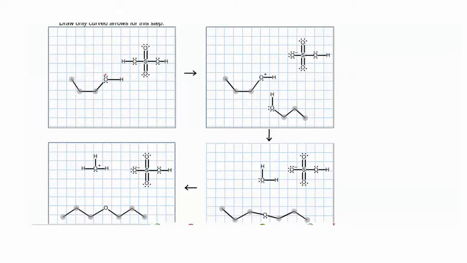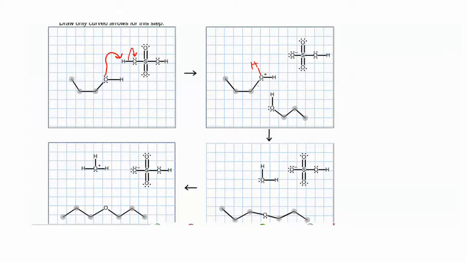So it's going to grab a proton from there. This bond here will break. Then once this has happened, there's going to be a hydrogen on this oxygen here. So we would have this like that. Then this